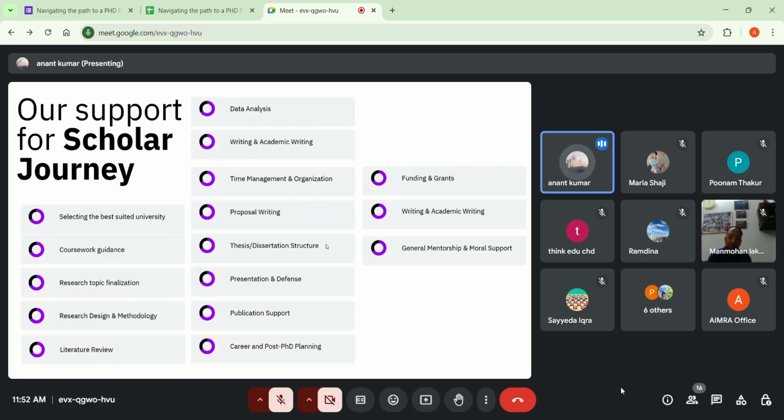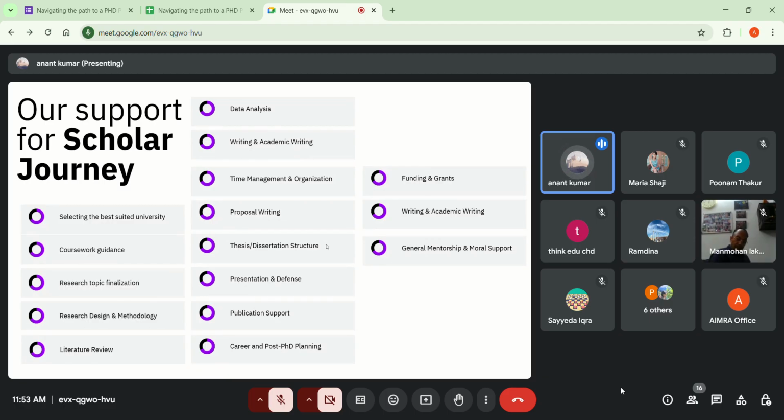General mentorship and moral support is very important, because what happens is PhD scholars sometimes become demoralized. So we keep on giving them moral support, and we run hand in hand with them. It's not that we act as an outside agency. They require regular moral support and mentorship, which we actually provide. Now the question comes, why can't the university do it? Because the university treats you as a regular scholar. There are many other scholars, so they cannot be specific when it comes to giving all these supports, because they have given you a guide.